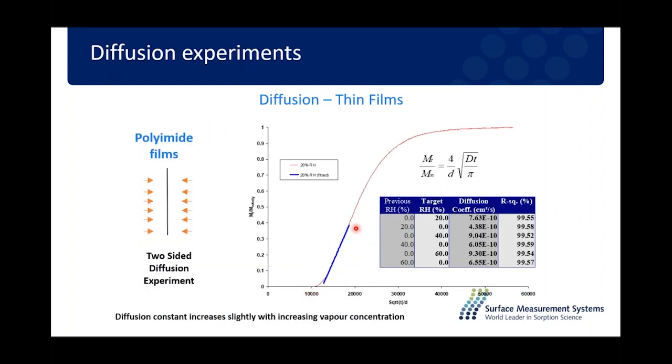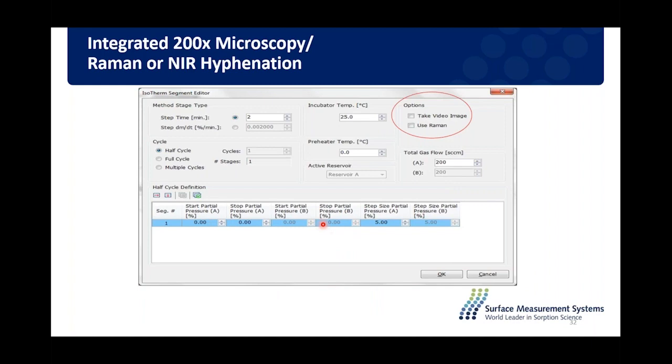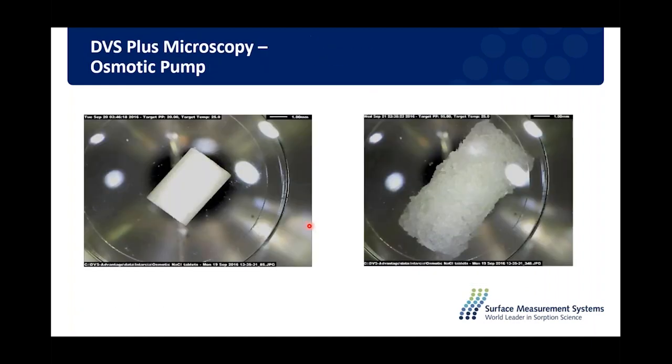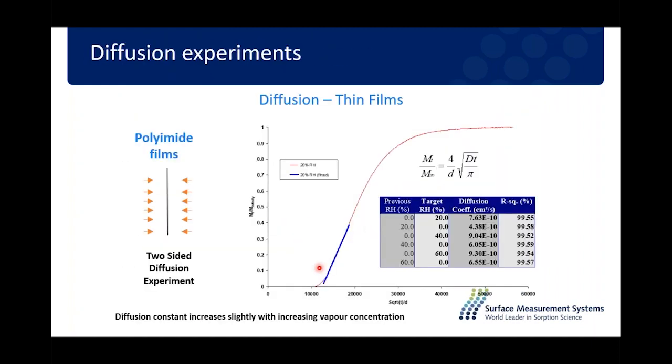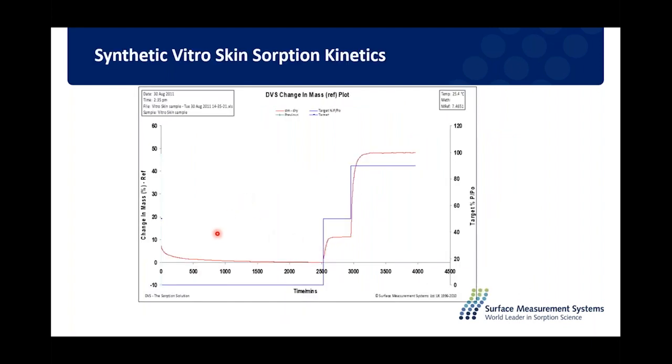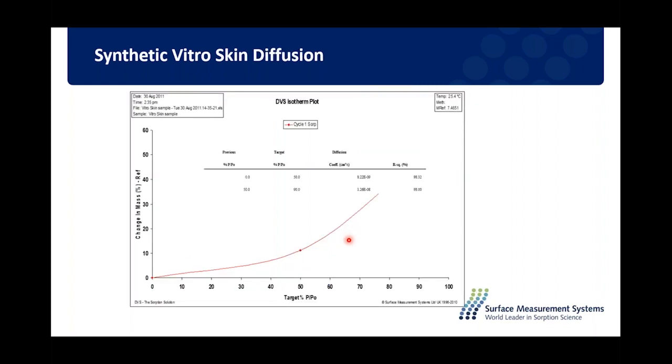What was shown previously was mostly on powders or pellets. You can use a wide range of geometries and look at not only the uptake, which we showed previously, but also the kinetics I mentioned, which is how quickly or how slowly something goes in and out of a material. You can do that with a thin film, so we can measure the diffusion rates in and out of a sample. This is just showing some synthetic skin, which is called Vitro-Skin. We can make step changes in relative humidity and then measure how quickly water goes in and out of those samples. And we can do that with different surface treatments.